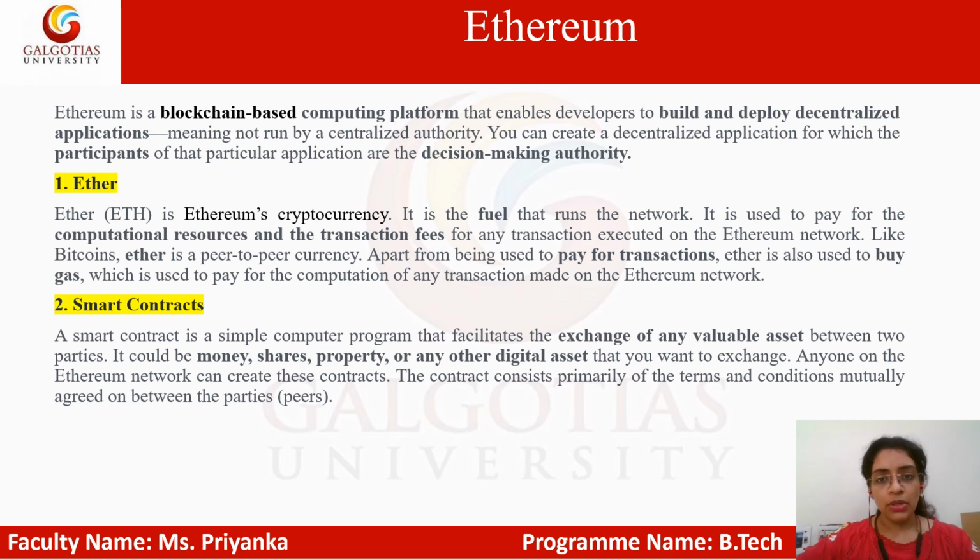The next important term in Ethereum is the smart contract. A smart contract is a written contract which states the rules that two different organizations have agreed on, and we call it smart because it is self-applied code. It executes automatically. So the businesses which are implemented on Ethereum will create their own smart contracts, which will get executed automatically.